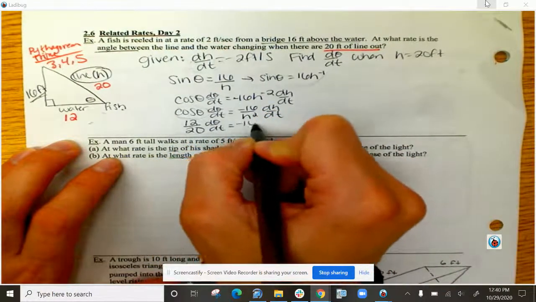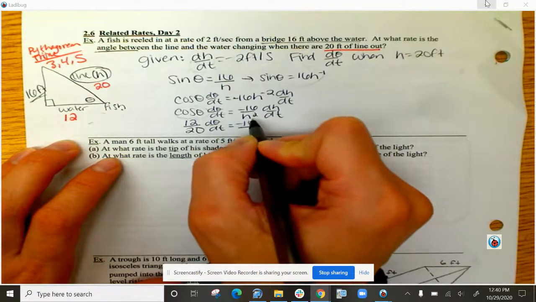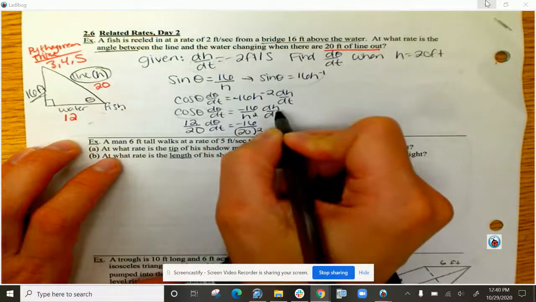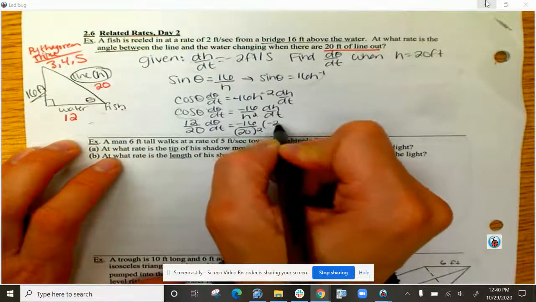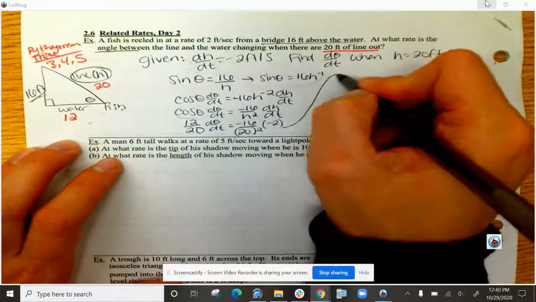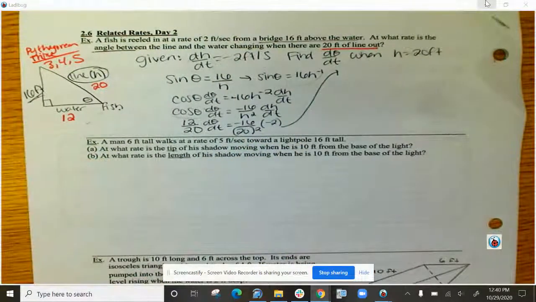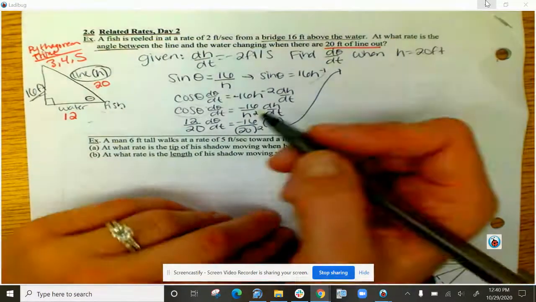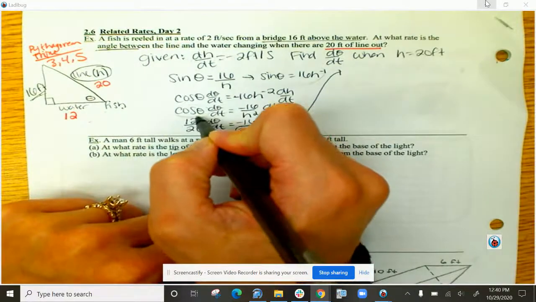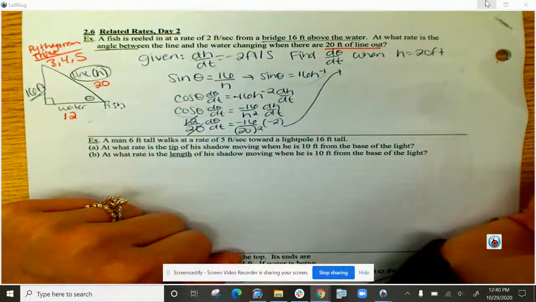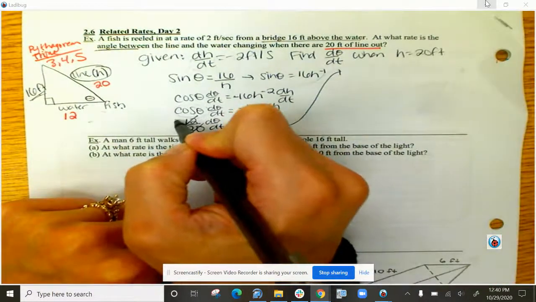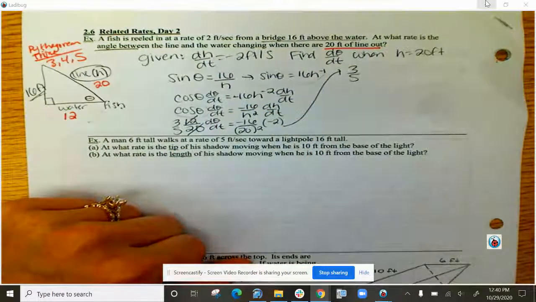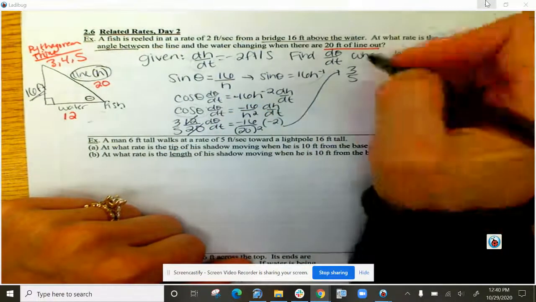And then I can set that equal to negative 16. My h, we know, is 20. And dh dt is negative 2. And then it's just a matter of simplifying this from here. So 12 over 20 can be simplified if I divide both by 4. That gives me 3/5. And so I'm going to make the numbers a little bit smaller because I don't get a calculator. So 3/5 d theta dt